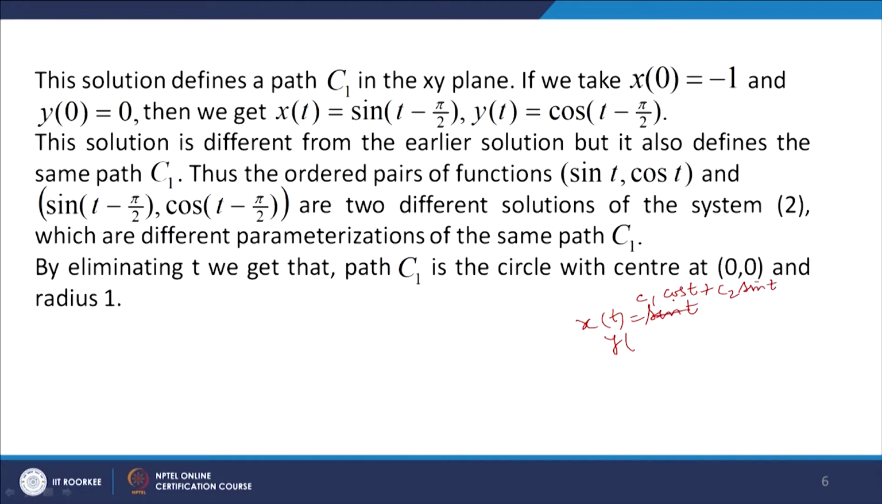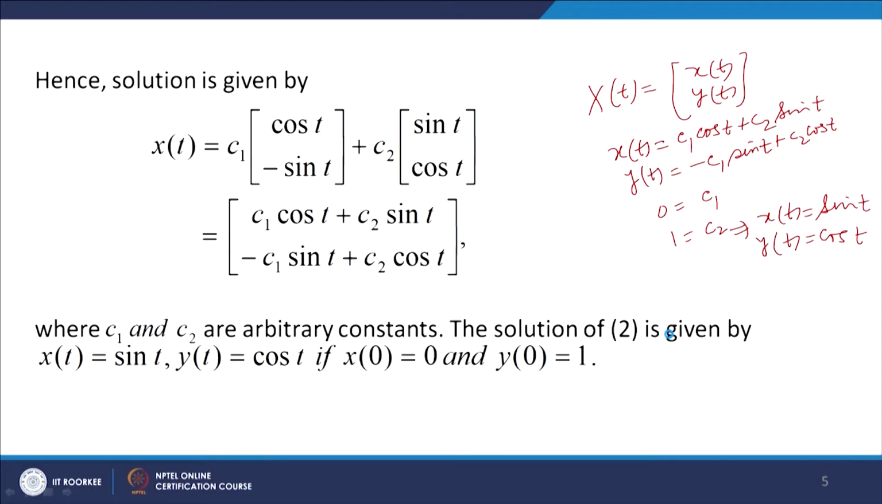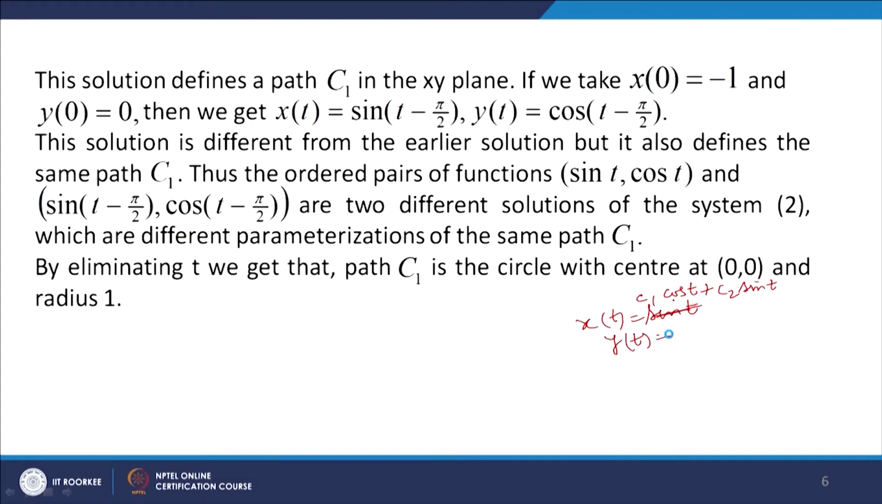This is x(t), and y(t) is equal to minus C1 sin t plus C2 cos t. This is the general solution. So x(t) equals C1 cos t plus C2 sin t, y(t) equals minus C1 sin t plus C2 cos t. If you take t equal to 0, x(0) is equal to -1 and y(0)